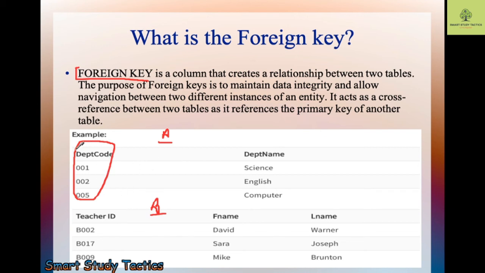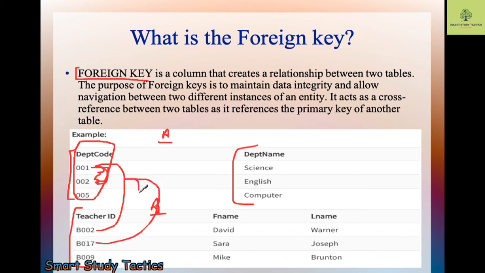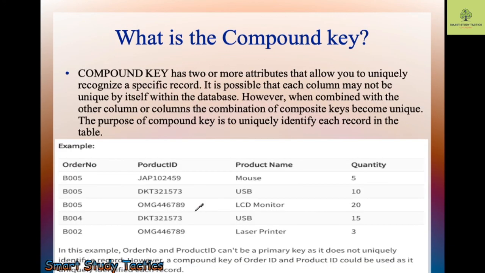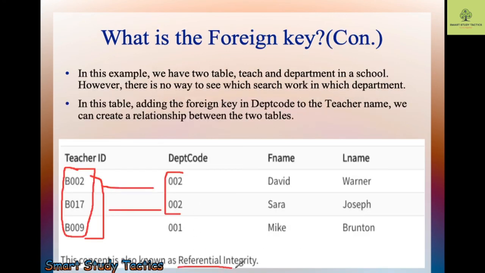Okay, so here you can see this is the department code, this is the department name, and here is the teacher. The teacher is going to teach. I suppose this one teacher is teaching these two subjects, and this one is teaching only this subject. So like that you can make a difference. So this is the foreign key for the combined table. It is also known as the referential key, meaning you are giving referential integrity.